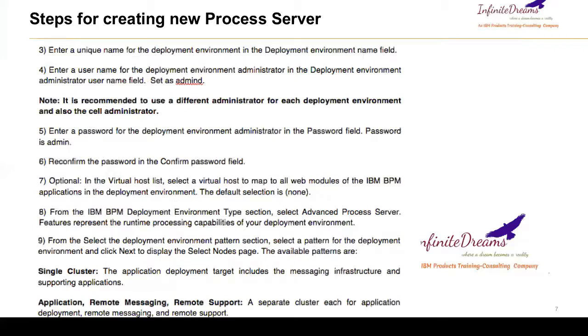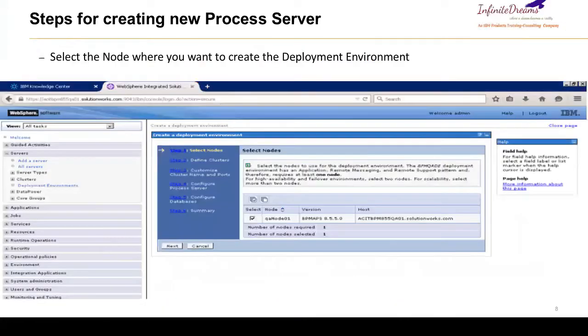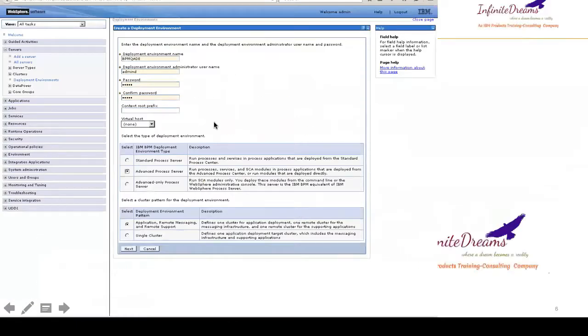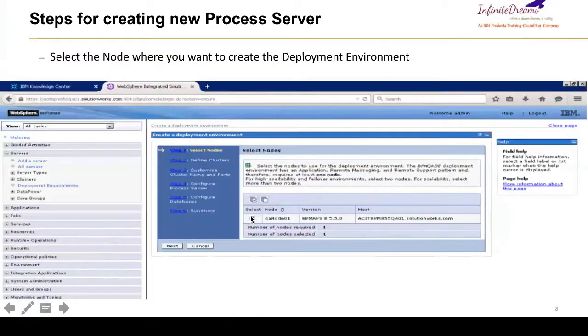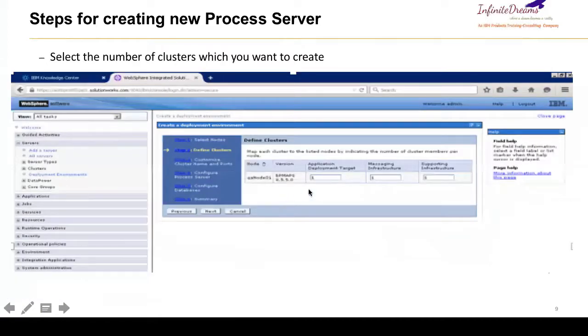Okay, fine. And in the next slide you have to select the node which you are going to connect. Basically your test, production, and stage will have 3 different nodes. So here you have to select that particular node which you want to connect, for which you want to create a deployment environment. So select that node, and once you have selected it, it will ask you how many clusters